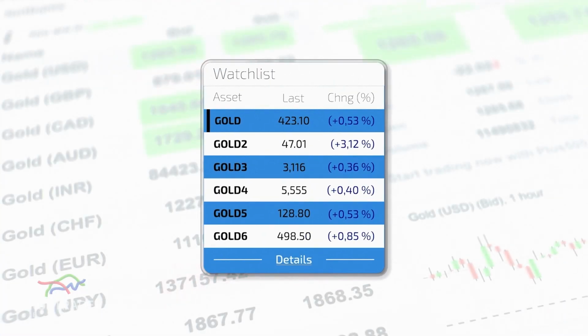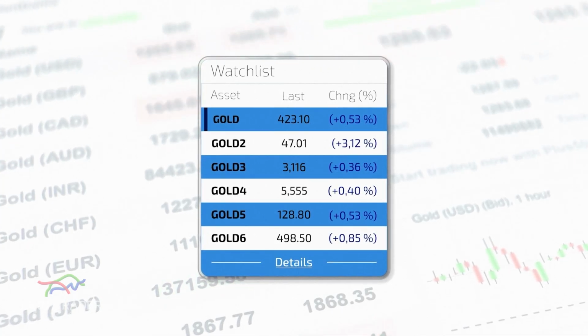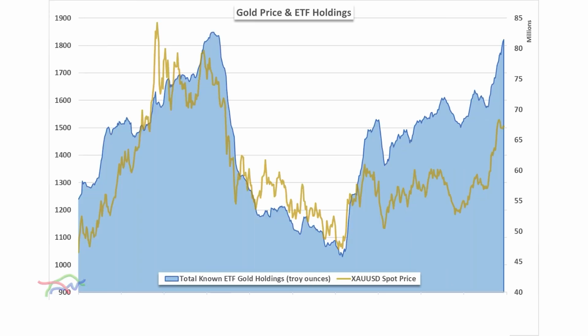This allows you to gain exposure to the price of gold without actually having to store physical gold. Like CFDs and futures, trading gold ETFs also involves risk. But usually with gold ETFs, you don't have the same type of leverage that you do in CFDs or futures. The price of gold, though, can fluctuate, and that will affect the value of your investment, and it will move